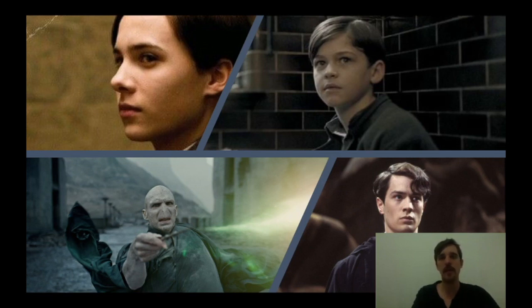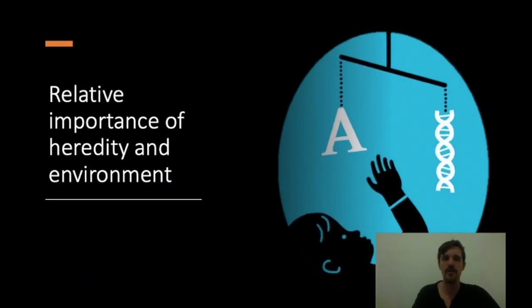And then as he learns about his heritage, like who his family was, he becomes very resentful towards his father, who was a non-magical being. And as such, that would have played an influence on who he becomes. So was it biology or was it this? You can't answer it as either or. It's got to be both. And that is something which a lot of psychologists have concluded. There's this relative importance between your heredity and the environment.